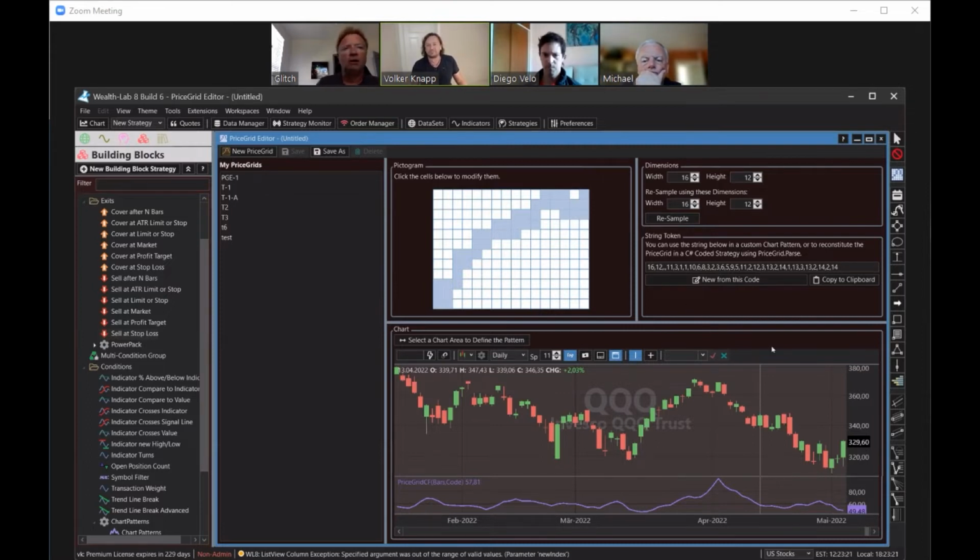You can recreate that PriceGrid in your code by using this code. And you can see it from here, I think, to there, where it goes 100. Yeah. And this would be, if we believe that this is a typical pattern to go short,